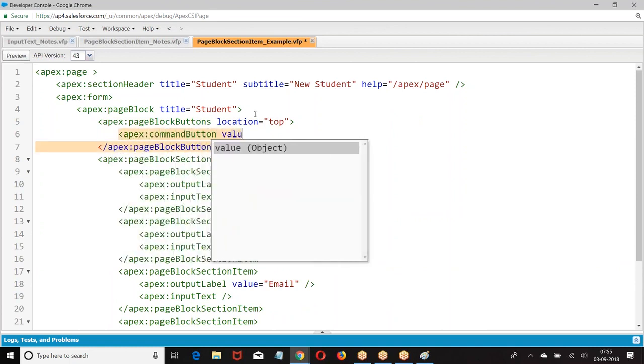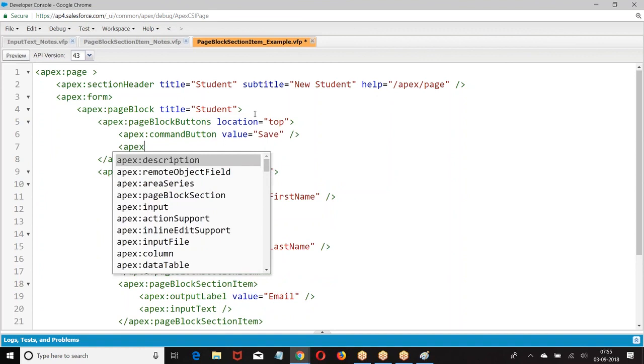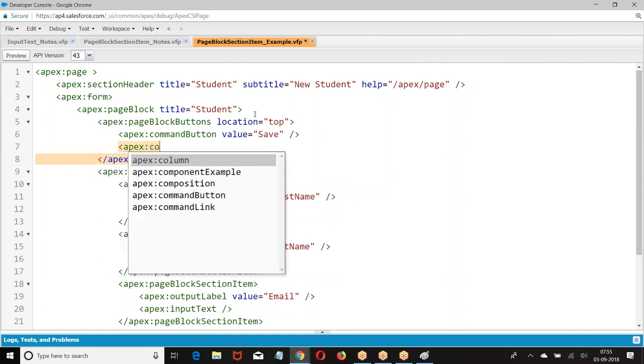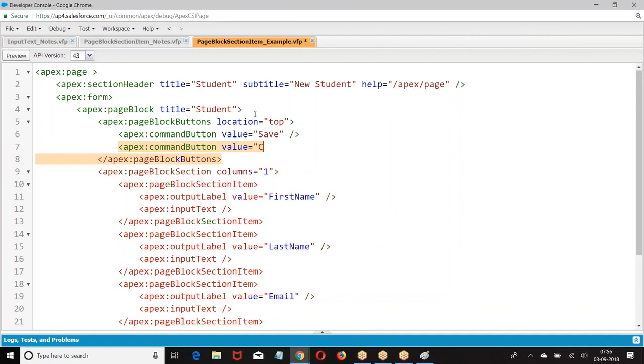One button, value equal to. Right, this is how we create. So what is that? Page block buttons.